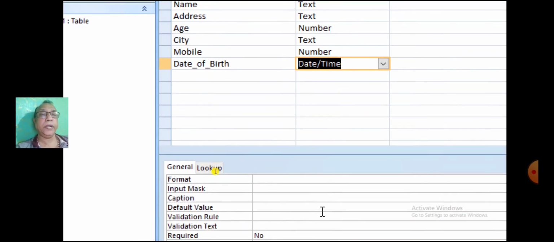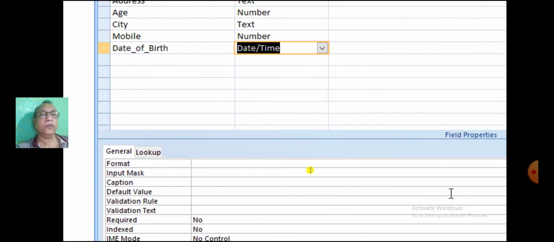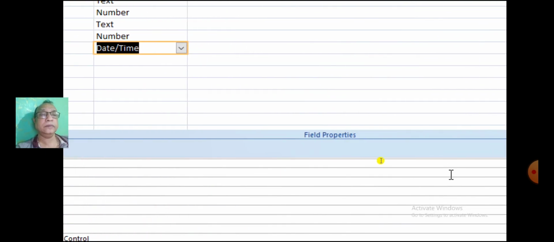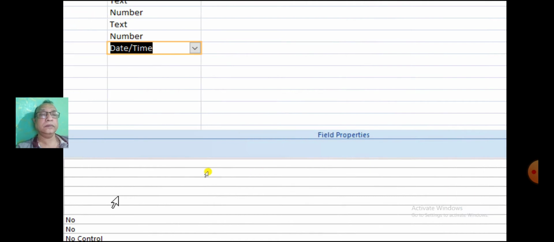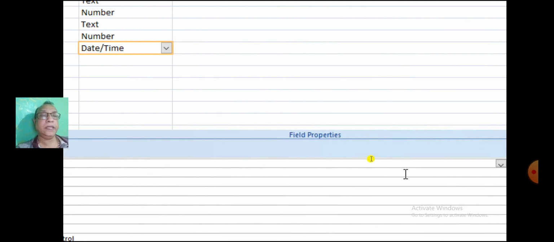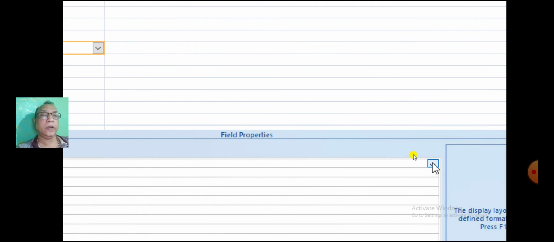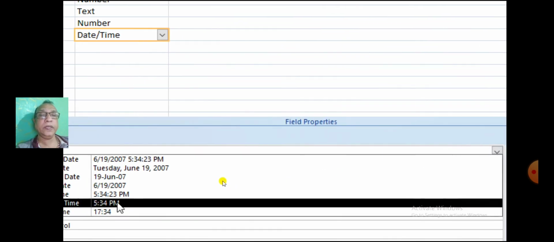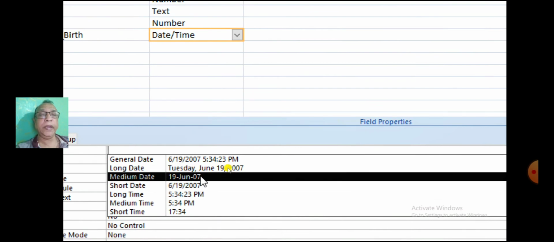In the field properties, click on Format, click on the down arrow key, select Medium Date.